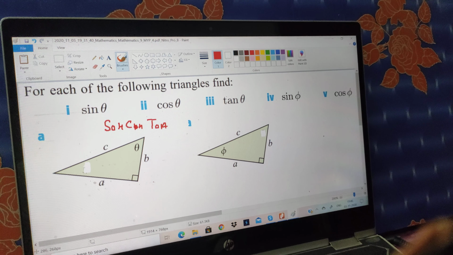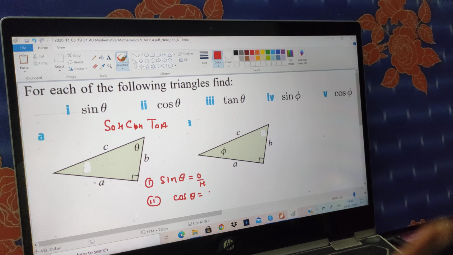So let's write part 1: sine theta, opposite upon hypotenuse; cos theta, adjacent upon hypotenuse; and then tan theta,